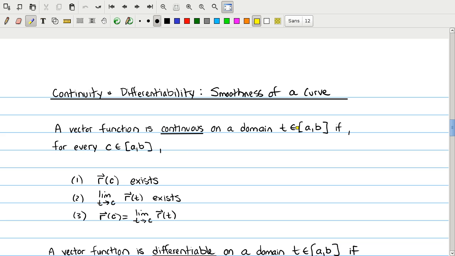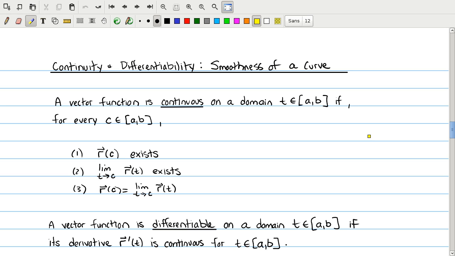Okay, so unit tangent. Unit tangent is probably the most important thing that you need to know about curves, vector functions, describing curves. But there's a little bit more technical stuff that we need to cover in this section. So first, definition of smoothness of a curve, continuity, differentiability of vector functions, and so on. So just like in plain old one-dimensional functions y equals f of x, a vector function is called continuous on some domain if, for every point in that domain, the value of the function exists, its limit exists, and the